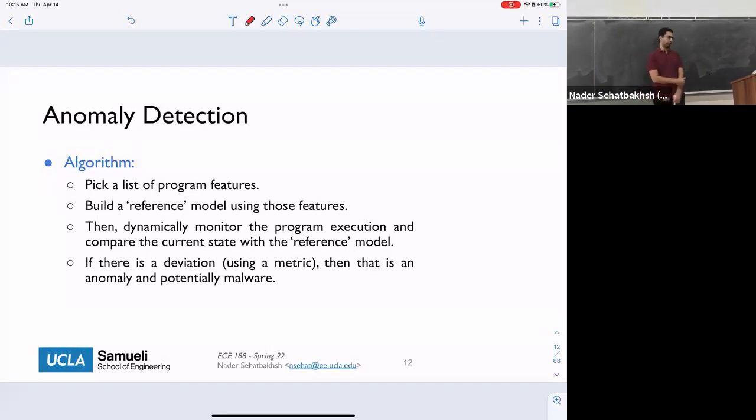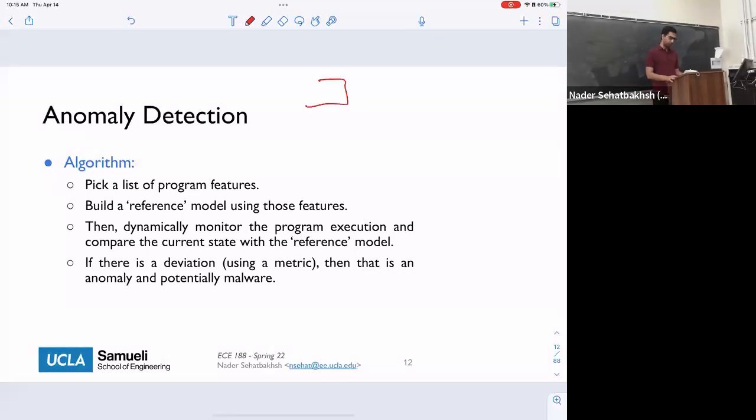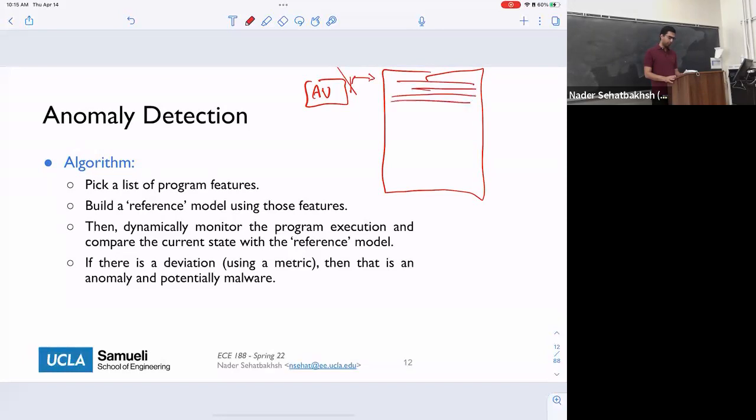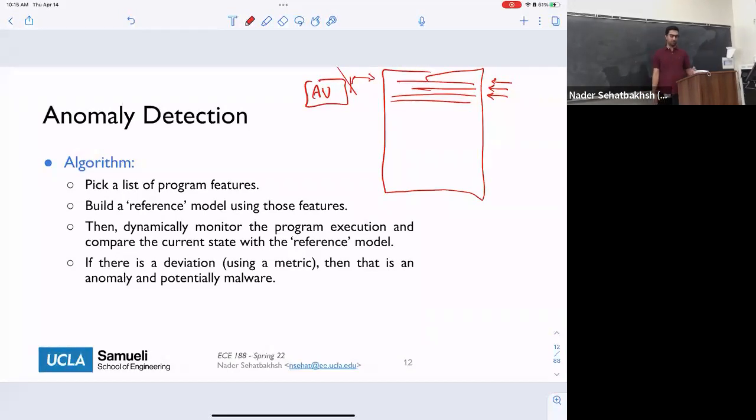So the idea of static is this. You have a piece of software, which is your antivirus, right? This is just a piece of software. And then you have your entire hard drive or DRAM or whatever you want to check. What this antivirus does usually is just go through the content of the memory line by line, and then build some sort of model, either a transition model between each line or just checking the contents. And what it's trying to do is see if it sees the pattern. So let's say, for example, if I see 100 instructions next to each other, that's a potential ransomware or something like that. Okay.